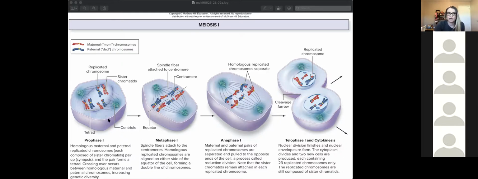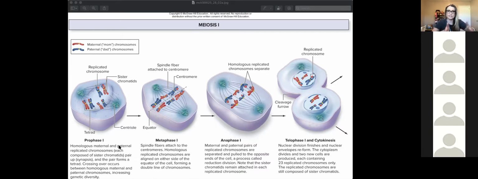Okay. So this crossing over only happens in prophase 1. It does not happen in any other area, and it mixes up, shuffles some genes of your parents in that cell. So that's prophase 1. After prophase 1, we would see metaphase 1 happening. Metaphase 1, meta means middle. Okay, so I want you to remember meta means middle. So these chromosomes will line up in the middle of the cell, and they will form kind of like 2